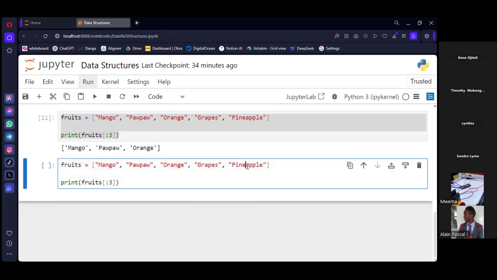So for example, if this is index negative 1, negative 2, then negative 3, we want to include this orange. So it's going to be negative 3, which is our smallest index.